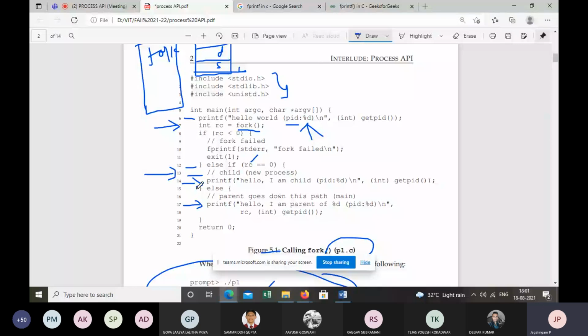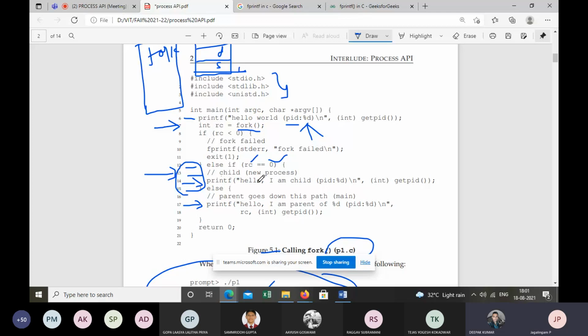This code belongs to the child process, because this differentiation happens based on the return value RC. If the RC value is 0, then the operating system assumes that this instruction belongs to the child, so the CPU will execute only this instruction for the child.